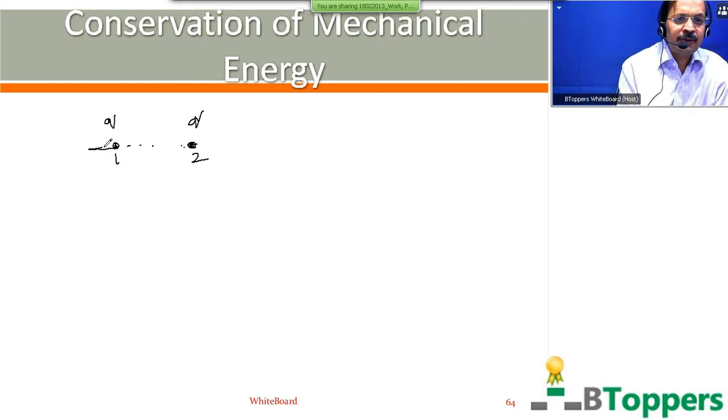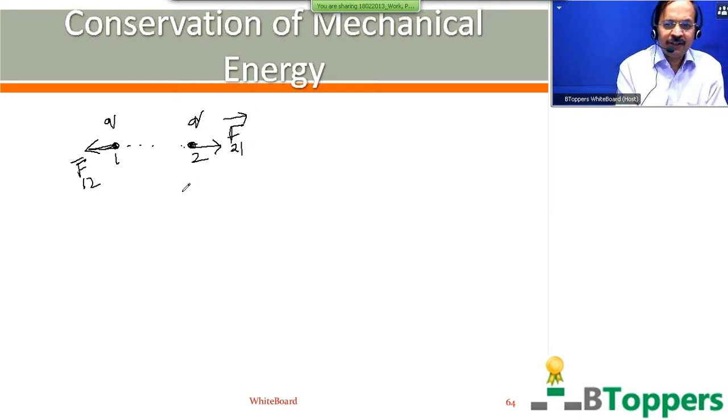The first particle experiences a Coulomb repulsion away from the second particle. F bar 1 2 is the Coulomb repulsion on the first particle by the second particle. The second particle experiences a Coulomb repulsion away from the first particle. You need not copy all this discussion, you just listen now. F bar 2 1 is the Coulomb repulsion on the second particle by the first particle, which acts away from the first particle. So if the two particles carry similar charges, and if they are released from rest with a small separation between them, then they start moving away from each other.